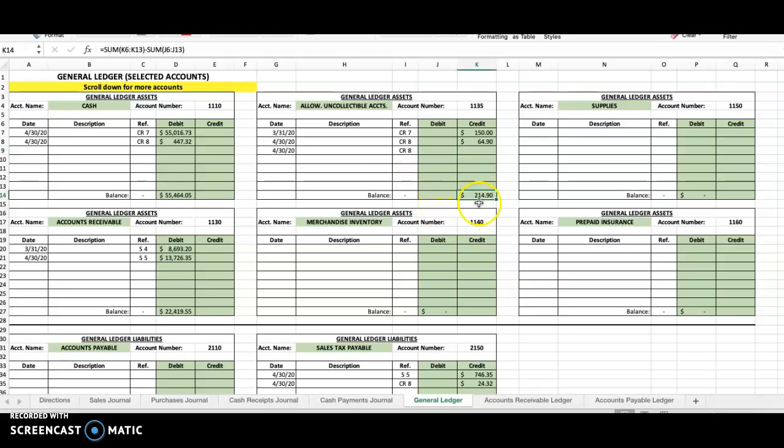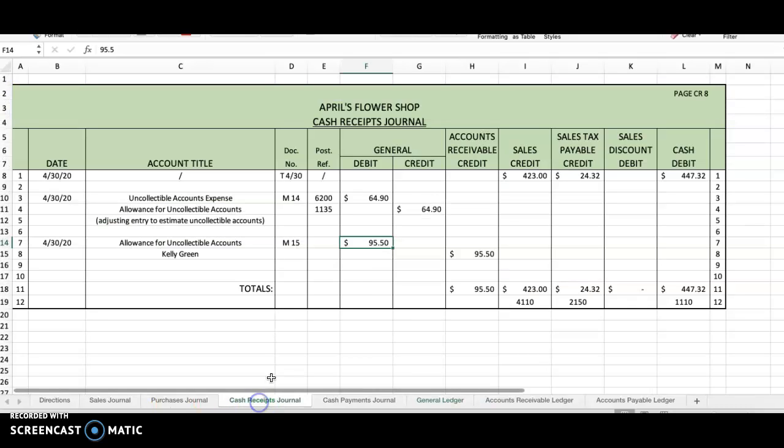Now look at the total, and obviously what happens when you debit, the total will go down. So we expected that we would eventually lose $214.90. Now we actually did lose $95.50, and we still expect to lose another $119.40. So unfortunately, there may be other debits here at some point in time. So this indicates a deduction to the allowance account, indicating a bit less now that we can anticipate as a bad debt. 1135, account number,